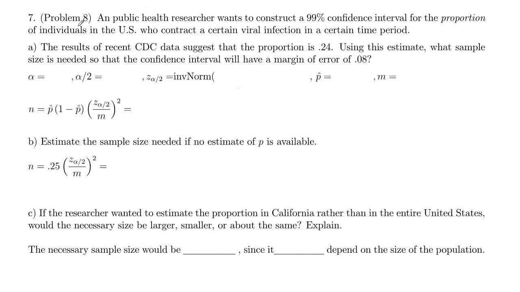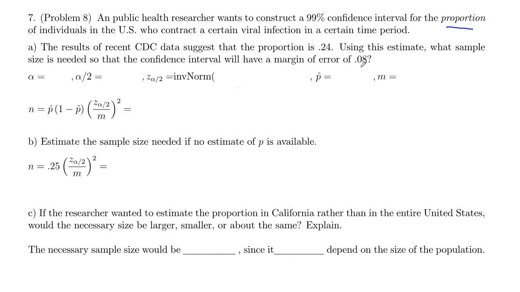This example is like problem 8 in the exam 3 review. We have a public health researcher that wants to construct a 99% confidence interval for the proportion of individuals in the U.S. who contract a certain viral infection in a certain time. Results from recent CDC data suggest the proportion is 0.24. Using this estimate, what sample size would be needed so that the confidence interval will have a margin of error